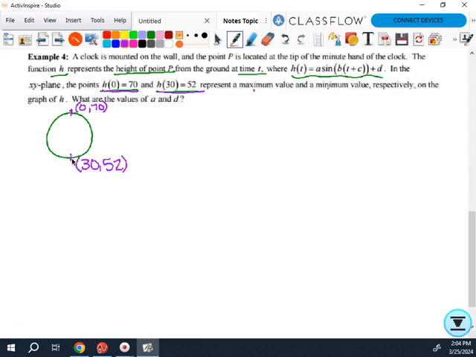70 feet off the ground, absolutely, because the ground's down here somewhere, and so, yeah, you've got that going on there. Now, these are where these things are happening, but remember our graph, we're not really worried about this being on the XY plane. We're looking at something more like this, right, which might have a shift or something in it. So I'm going to take this information, and I'm going to do a little sketch with that information, like